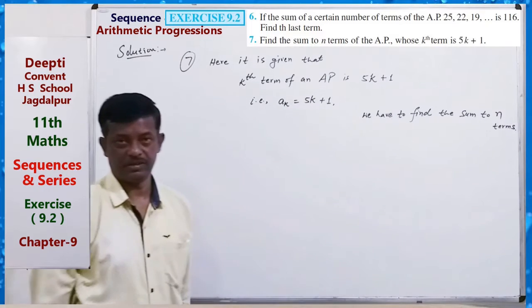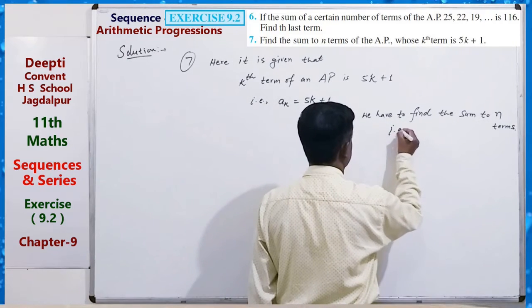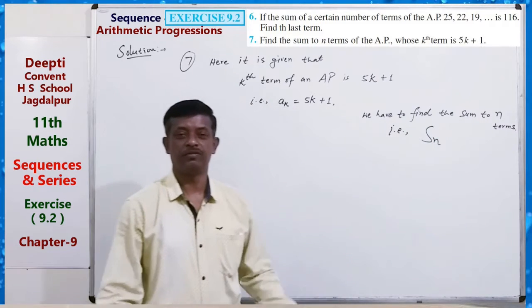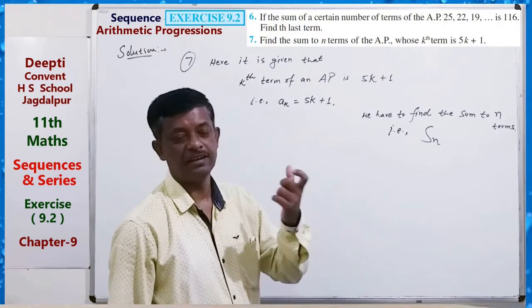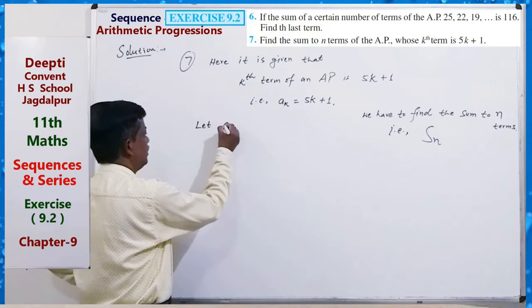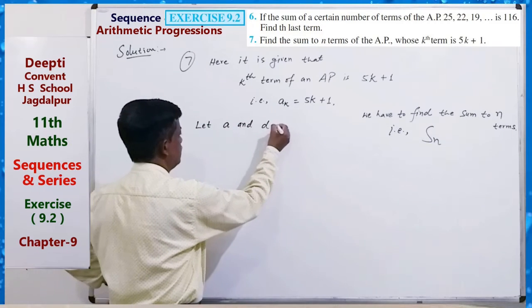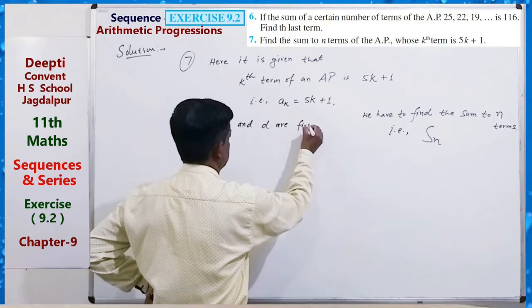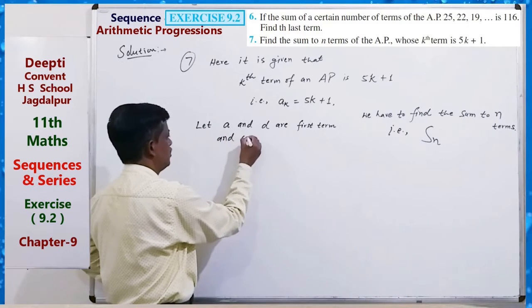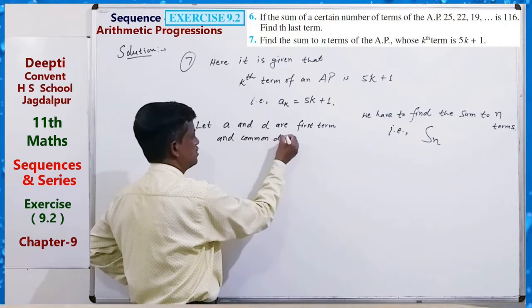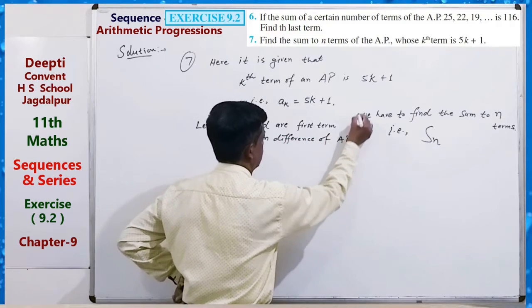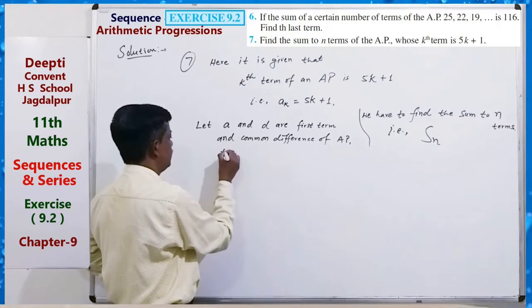Sum to n terms, that is Sn. We know the formula for Sn, that is we require A and D. So let A and D be the first term and common difference of the AP, then